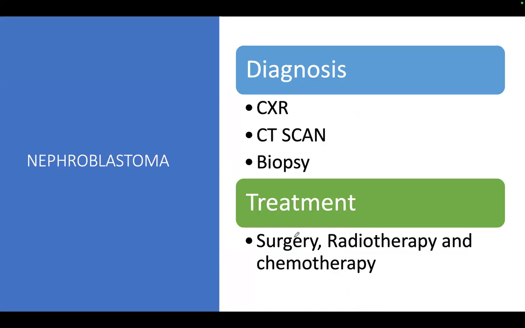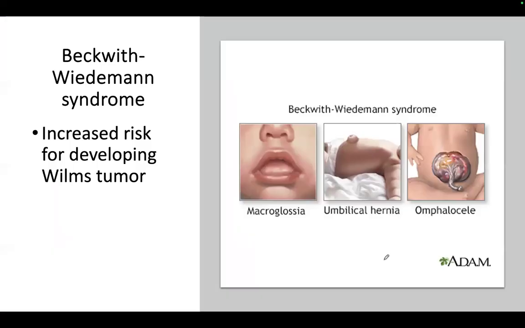Diagnosis: X-ray, CAT scan, biopsy. Treatment is also triple: surgery, chemotherapy, as well as radiation. Now, compared to adult primary renal cancer, nephroblastoma carries a better prognosis. It carries a better prognosis. Now, I want to mention this syndrome,